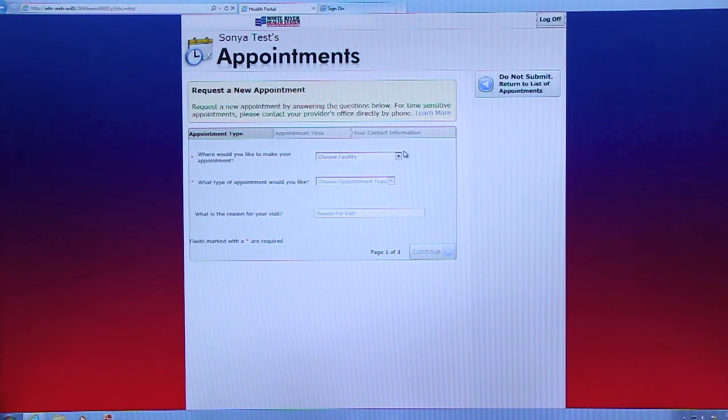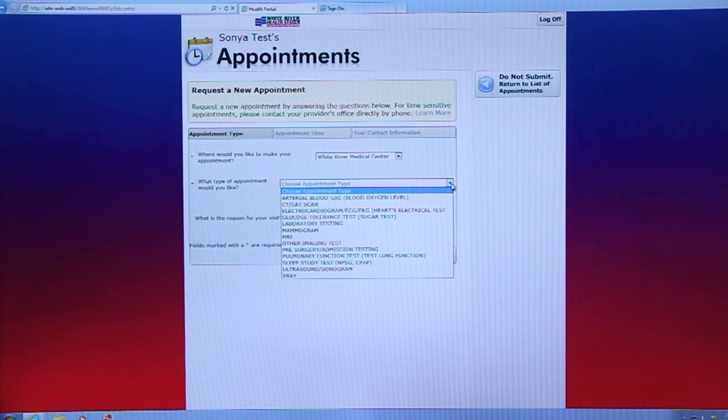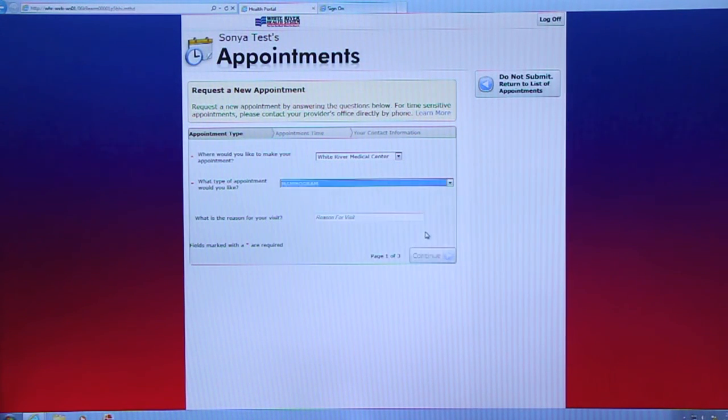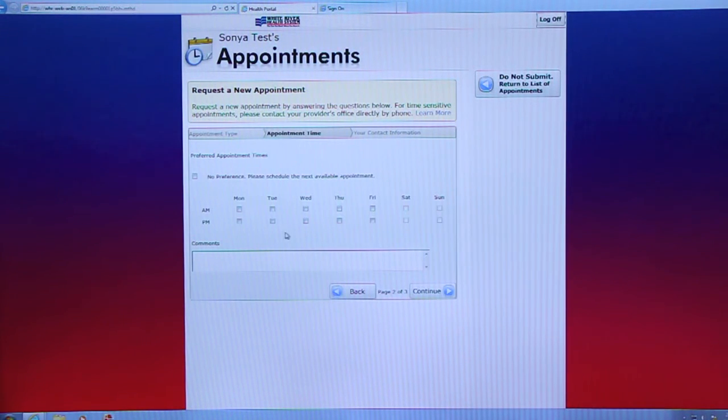But here you could choose whether you wanted that done at Stone County or White River Medical Center, and then you can choose the appointment type within here. And then as we continue through, you can actually tell us what dates and times you would prefer to do it. You can see here that Saturday and Sunday are grayed out, indicating that that time is not available for that specific appointment. So you could choose